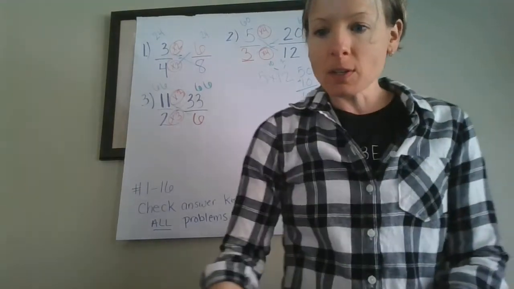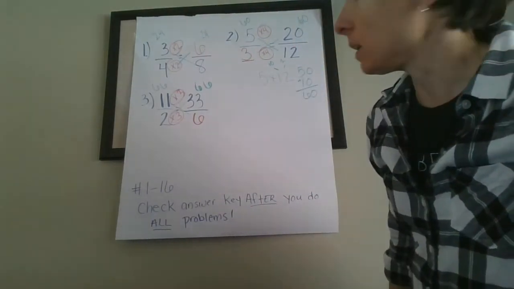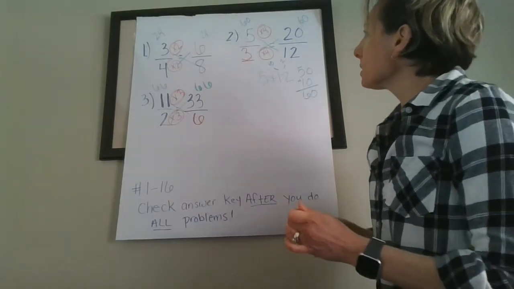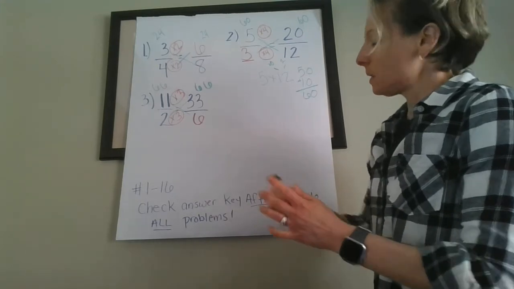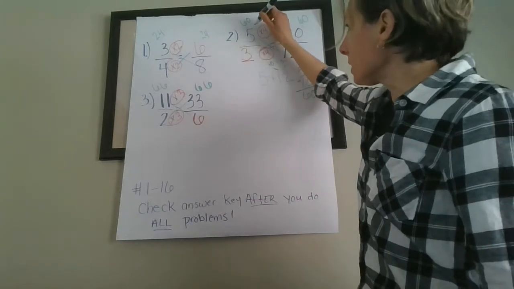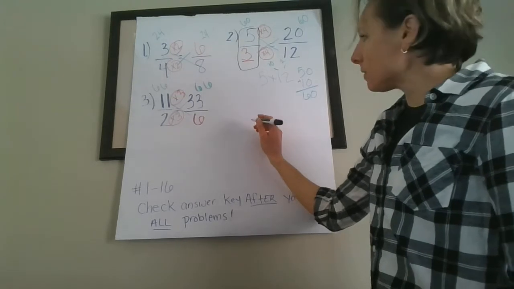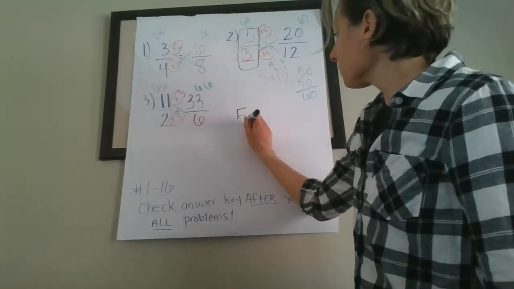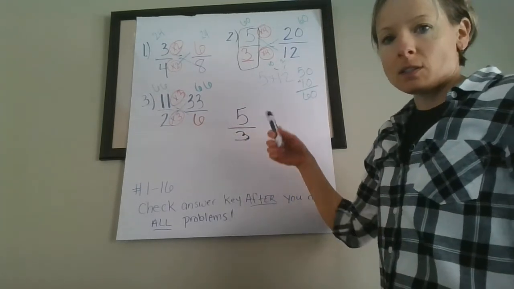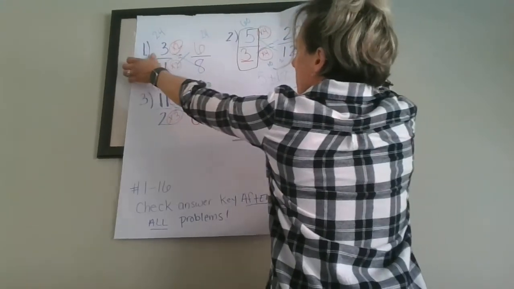Now, when I started the video, I told you that there was going to be a little bit of a challenge in here. So I don't know if you noticed, but in some of these problems, for example, number 2, the numerator is larger than the denominator. I'm going to take this right here as an example. I'm going to write it right here. 5 over 3. So do you notice the numerator is larger than the denominator? Well, when that happens,